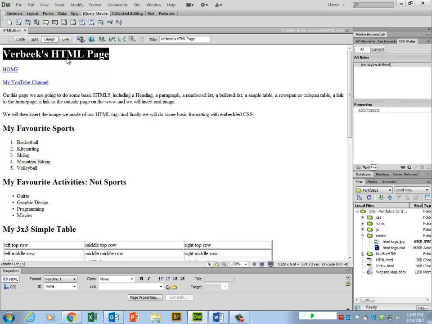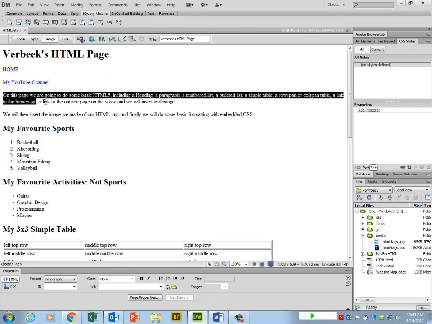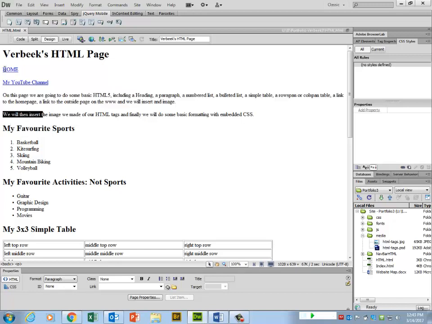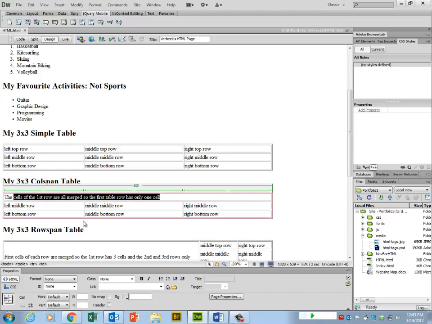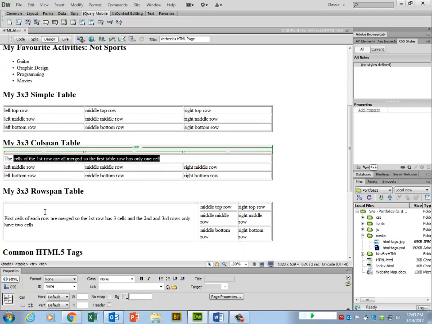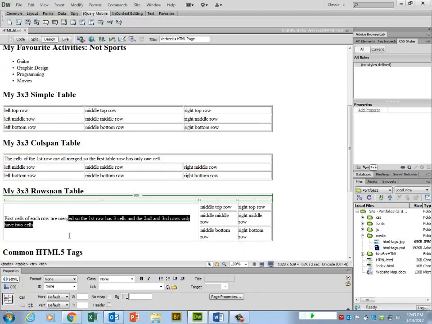So these headings, this is an H1, this is an H2. We are going to ask you to put in a paragraph here. We have a paragraph here. We're going to ask you to put in a couple links. We're going to teach you how to do a bulleted list and a numbered list. We're going to teach you how to put in 3 simple rows, one being a simple 3x3, one being a 3x3 which is a column span. You'll notice that this one is spanned across 3 columns,